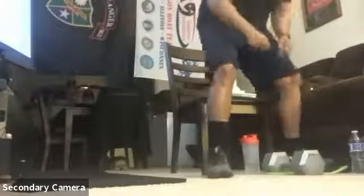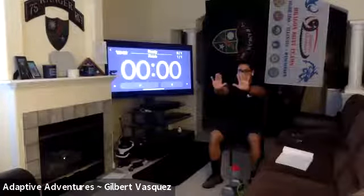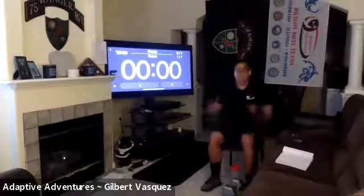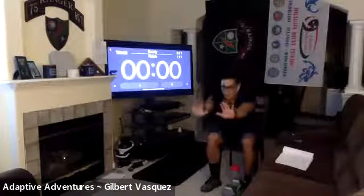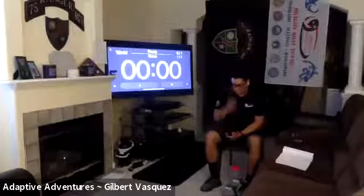And for the seated position of this, there's a couple of them you can do. The first one is a wall press. So you're seated, you're going to move up from your chair or your wheelchair, and then you're going to go down on the wall and come up. If that is too hard on your wrists or your shoulders, you can also do